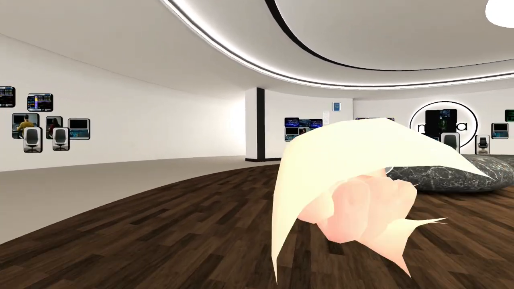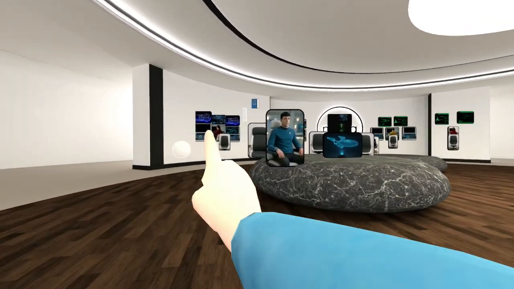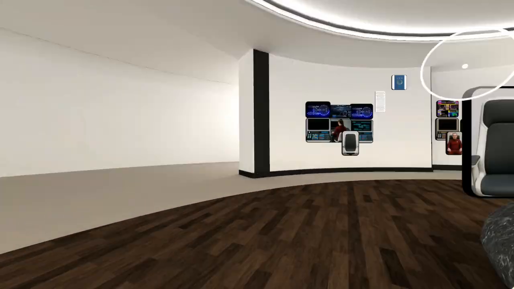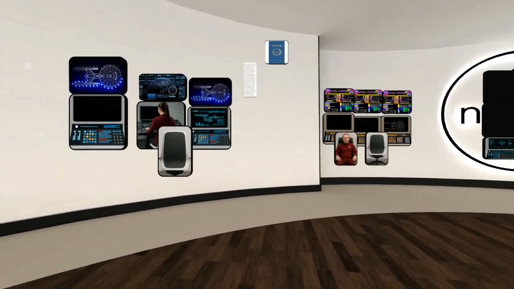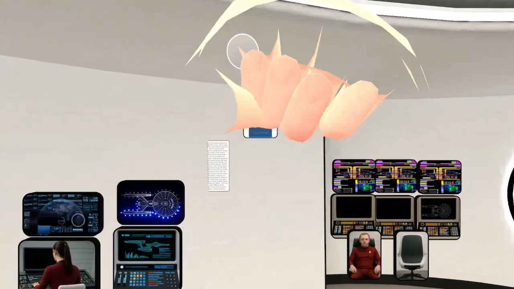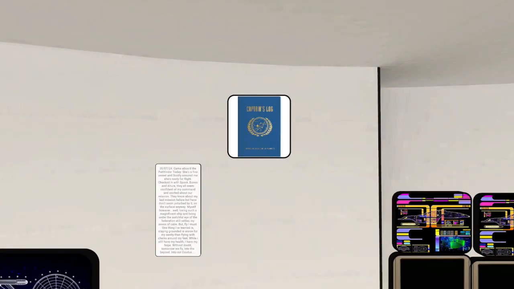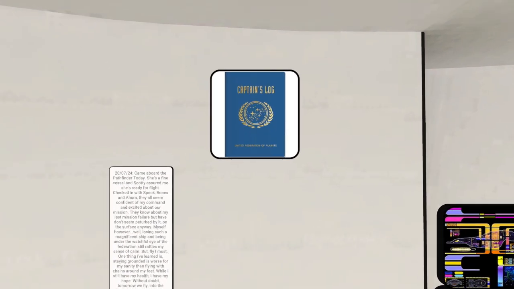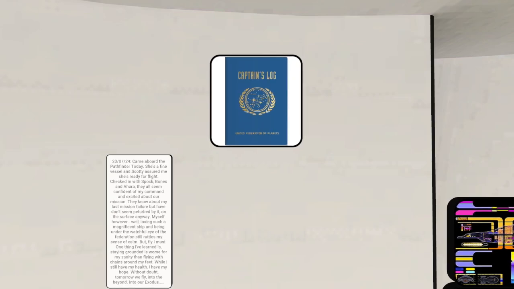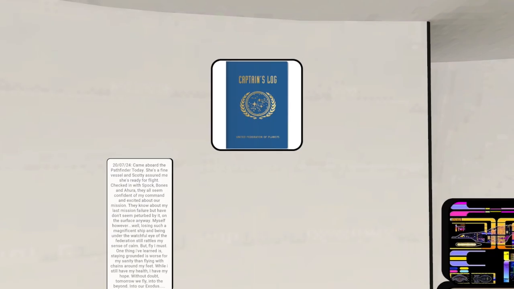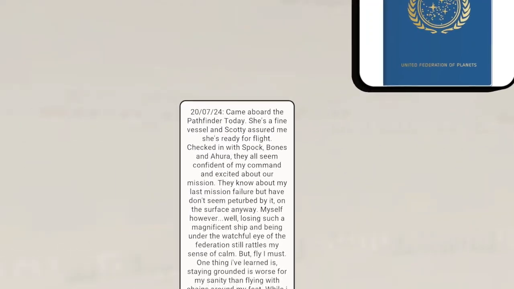One other thing that I quite like, which I've got going on over here, is that either in the morning or at the end of each day, I have up here the captain's log. This is almost a form of journaling, so I can come in and document my progress each day and get an idea of what I've done and the help I've received. Over here I've got one from yesterday, because I only did this yesterday. Just to give you an example: